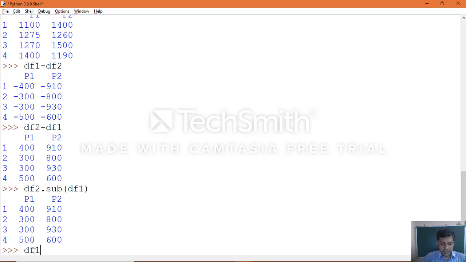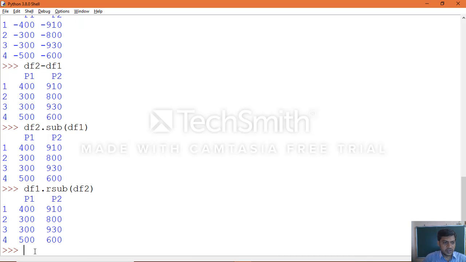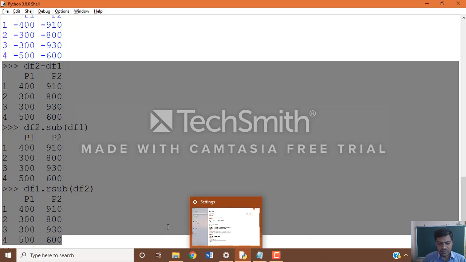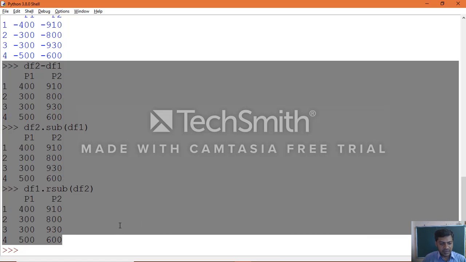Same way, df1 dot reverse subtraction df2, which means df2 minus df1. See, all three statements here will give you the same result. The textbook gave only one type of statement, and here you can see the result is the same. Okay, so that is how the difference can be calculated.